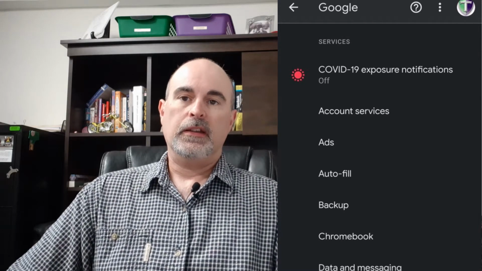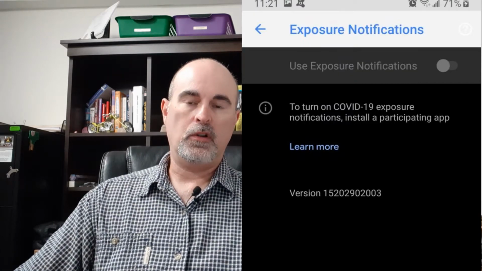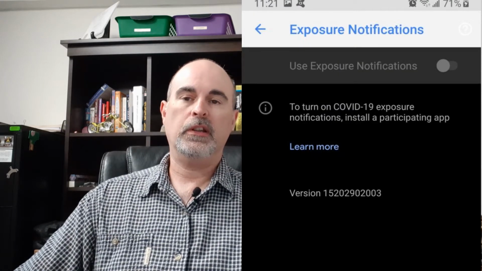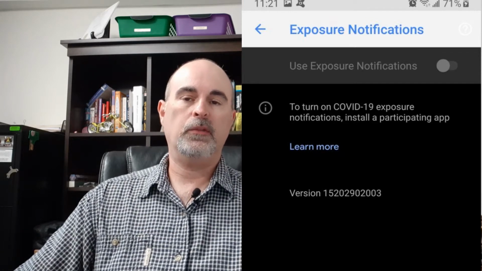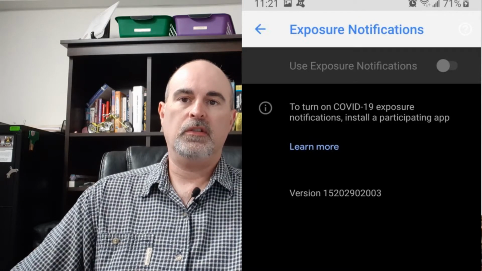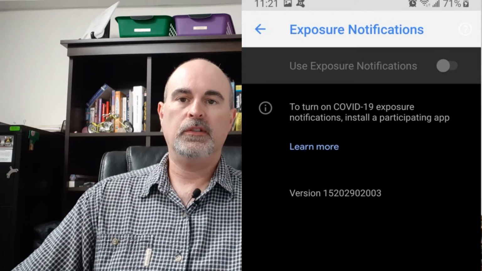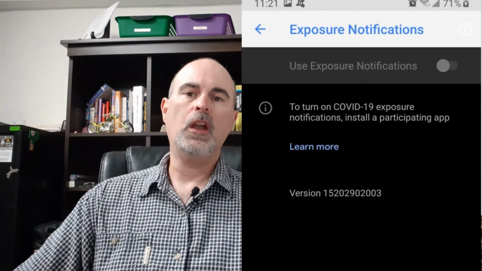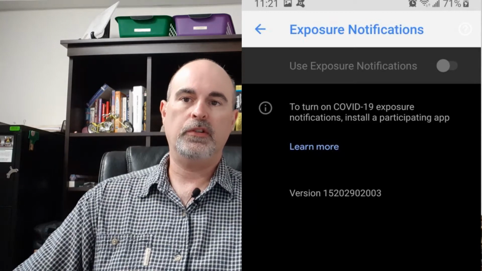But it doesn't do anything by itself, and it is turned off by default. So you don't have to panic if you're worrying that you didn't want this and it's already on your phone. It's not doing anything by default. But it is a little bit concerning that they just put these updates in there along with other standard updates. So you would have to turn it on here if you did want to use it.